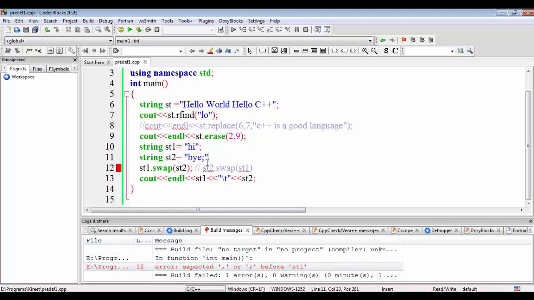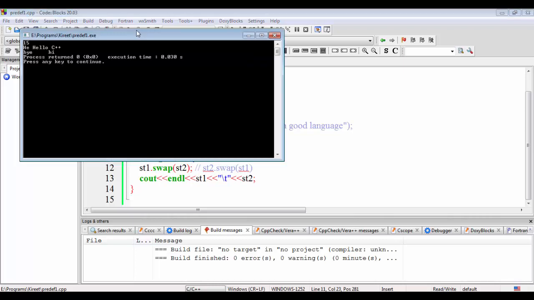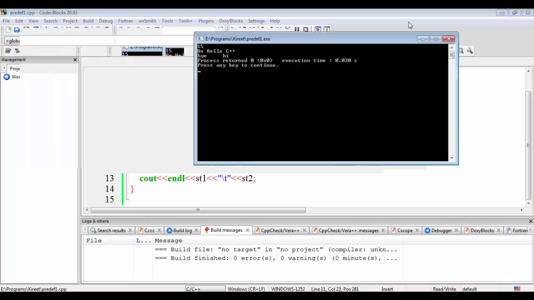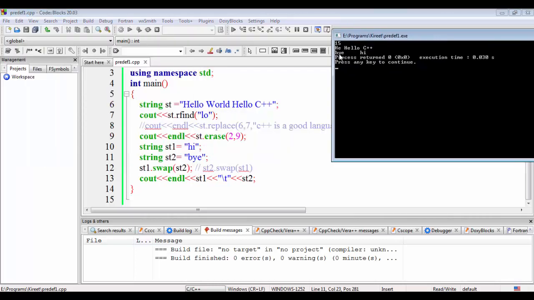I had put the termination inside this. Now let me try again. Here you can see st1 contains "by" and st2 contains "hi". Before the swap, st1 has "hi" and st2 contains "by", but when the swap function is called the contents are exchanged.